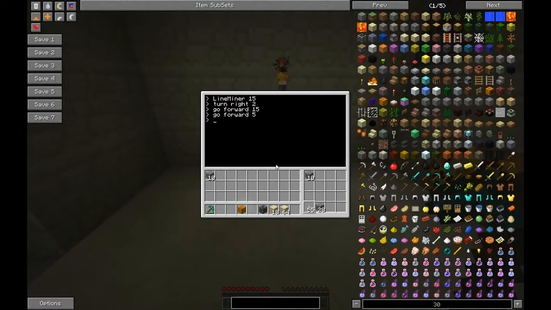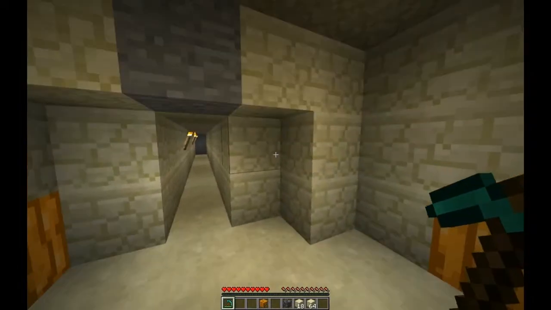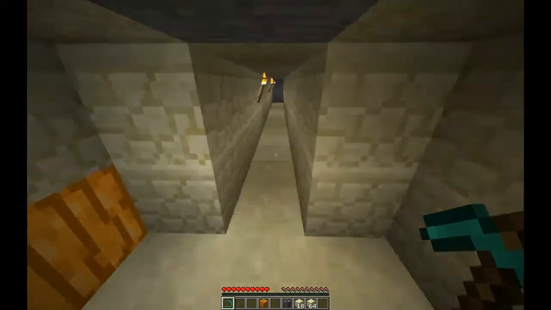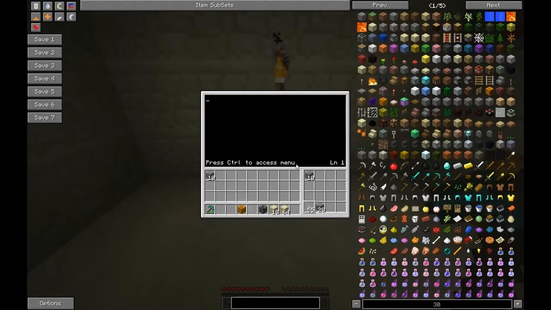So, we want to put a new program. So we want to do edit wide miner. And for this, because we've got quite a series of steps to do, every 5 blocks do this, then put torches and so on, we're going to make it into a new program. So we're going to call it a local function, dig row. So we're going to dig out 1 row. And in that, we want to do turtle.dig, turtle.forward,